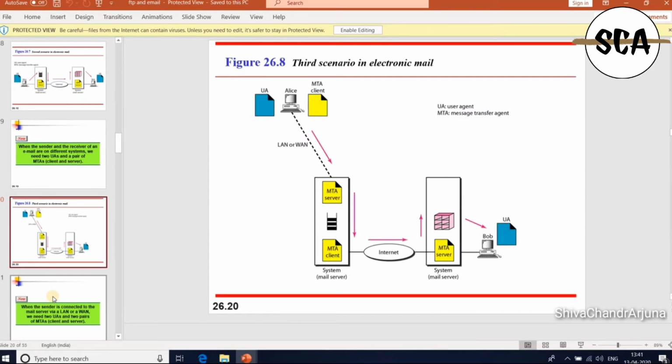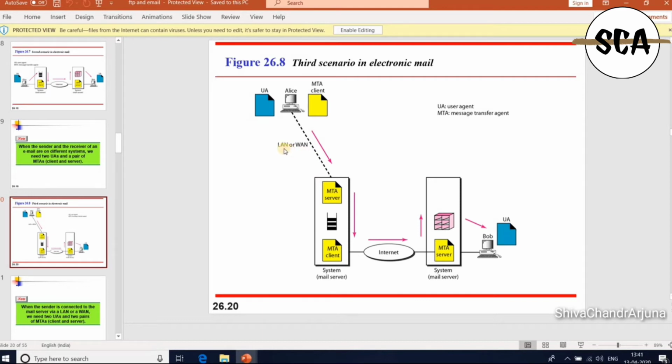Coming to the third scenario, Bob is directly connected to his own system, but Alice is separated from it. Alice is connected to the system via point-to-point WAN or LAN.